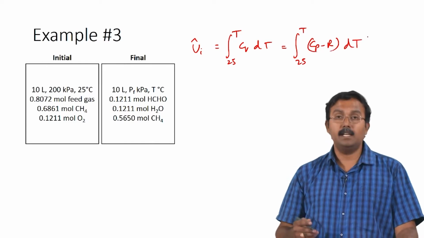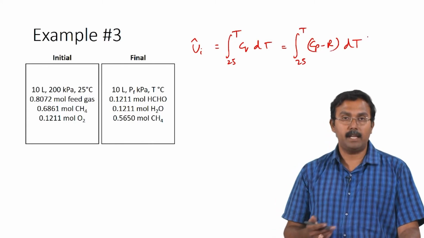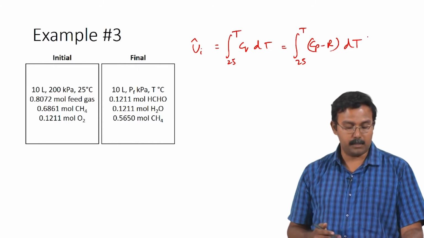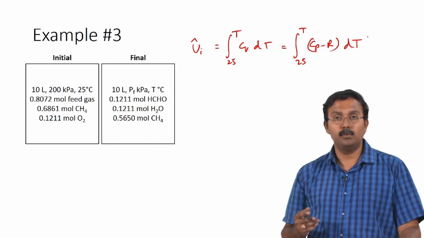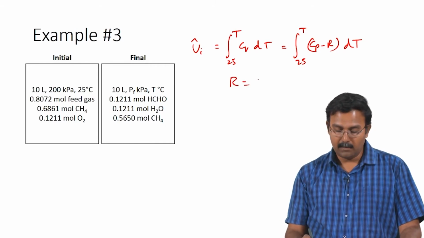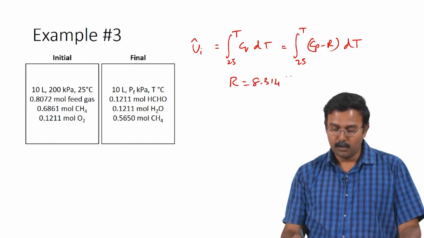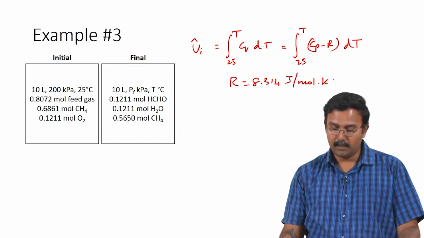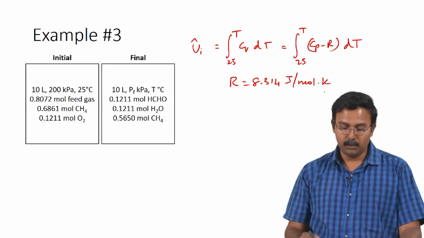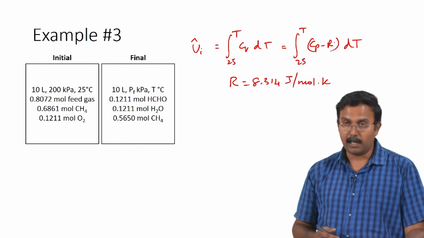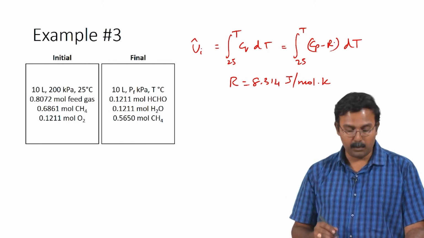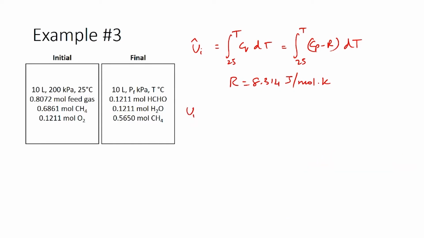So, Cp value is readily available from your tables and from textbooks and reference books. R would be 8.314 joules per mole Kelvin. So, you will use the R value as 8.314 joules per mole Kelvin, and you can actually substitute this value here to calculate the value for CV, and you will be able to perform calculations to get U1 cap, U2 cap and U3 cap. So, using the Cp values and the R value, we will get U1 cap as